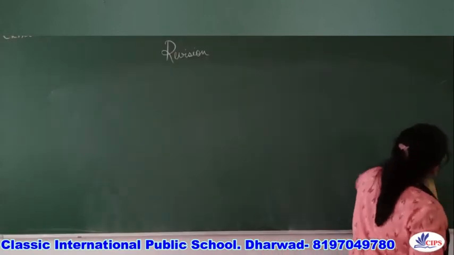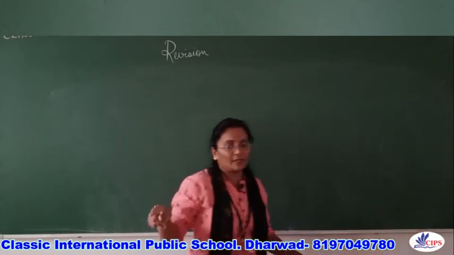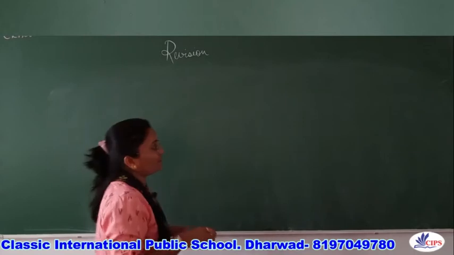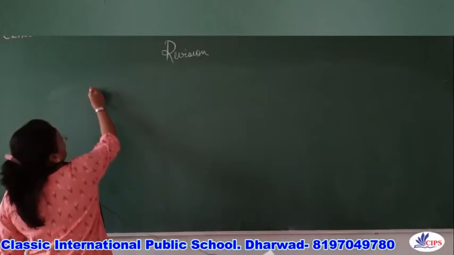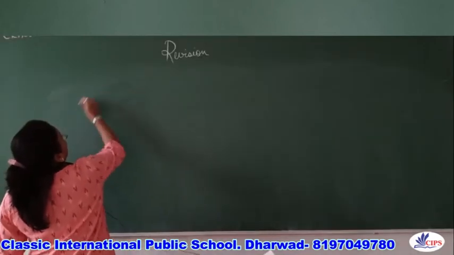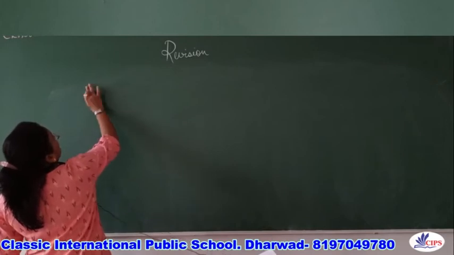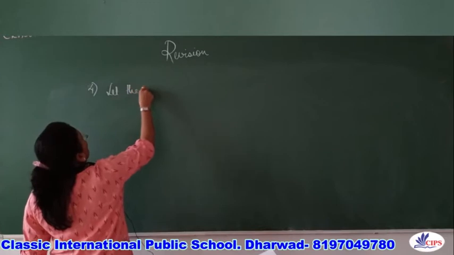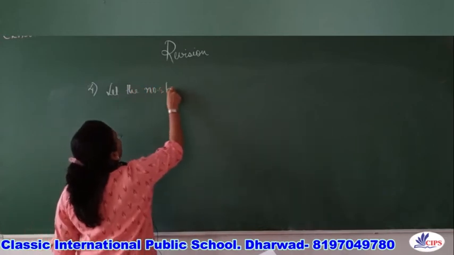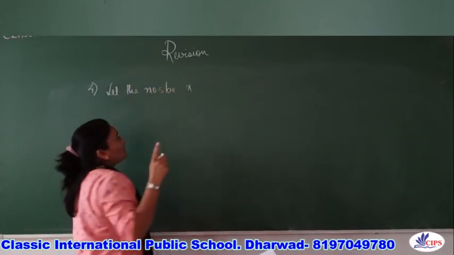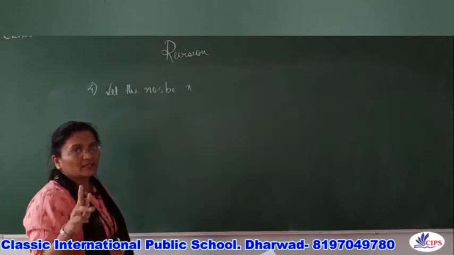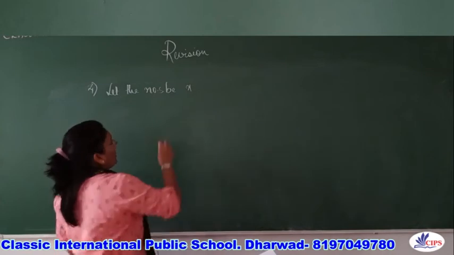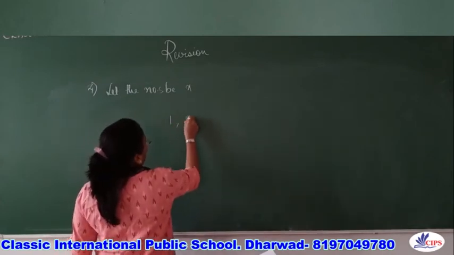So odd numbers means it will be 1, 3 and 5. Now when you are assuming the variables, how will you take the variables? Let the numbers be. This is our fourth sum. Let the numbers be x. Now suppose you have taken x as your first number, so what will be your second number? You can't take x plus 1, because our odd numbers will be like this: 1, 3, 5.